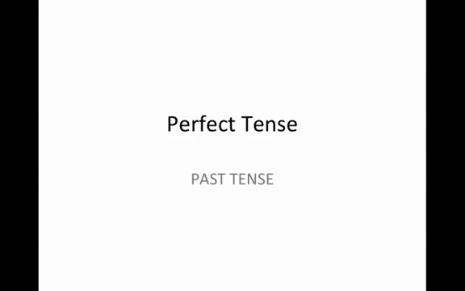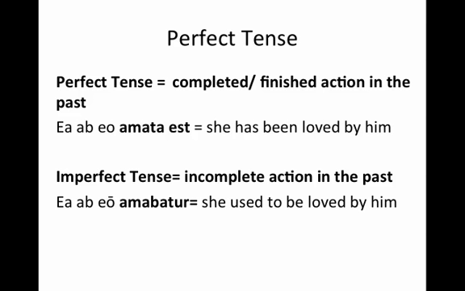Okay, so this video is on the perfect passive forms of verbs. And again, the perfect tense is just the past tense. When we say the perfect tense, we're referring to actions that have been completed or finished at some time in the past. So here are some passive examples of that, where the subject receives the action of the verb. So she has been loved by him, in the sense that she's been loved by him and